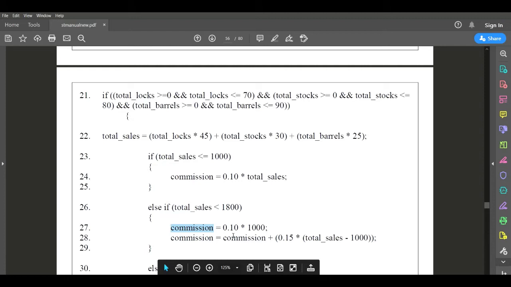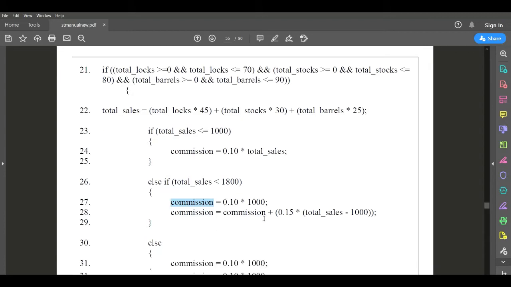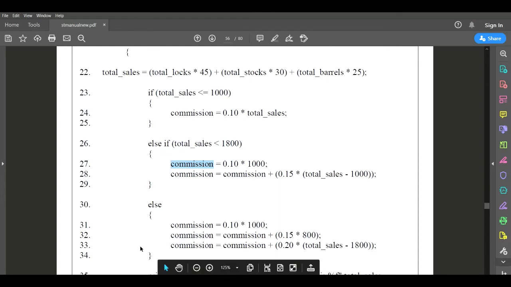Therefore please remember, commission is defined in line number 6, in line number 24, in line number 27, and once again it is redefined in line number 28. And defined in line number 31, defined in line number 32, defined in line number 33.